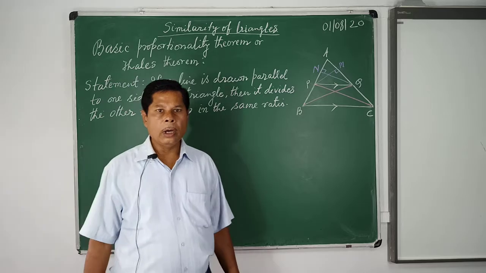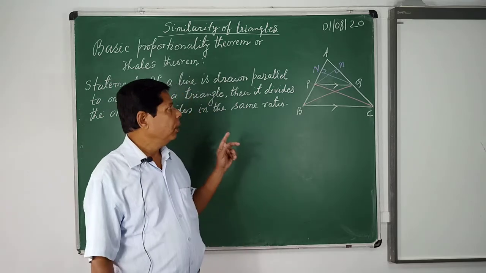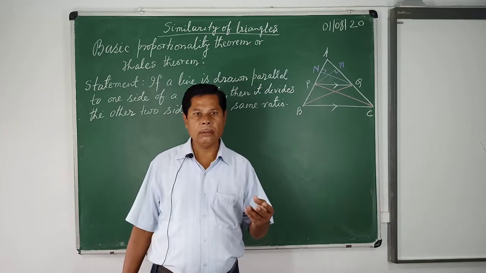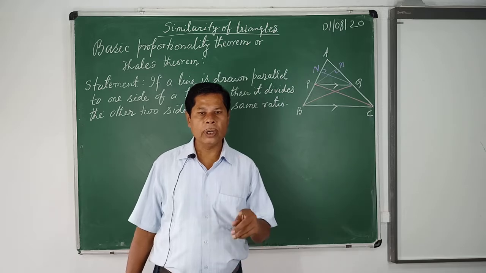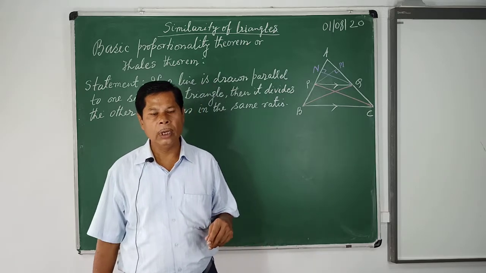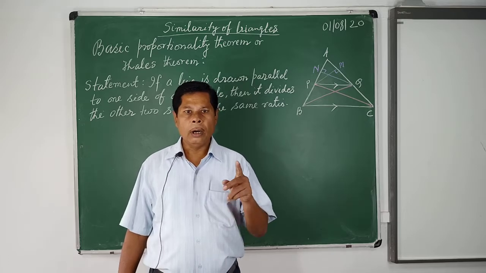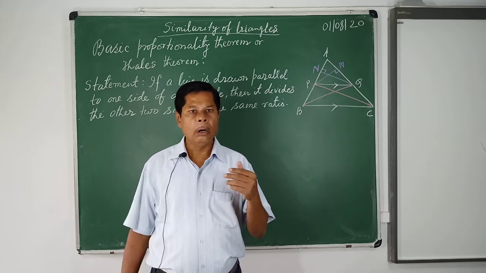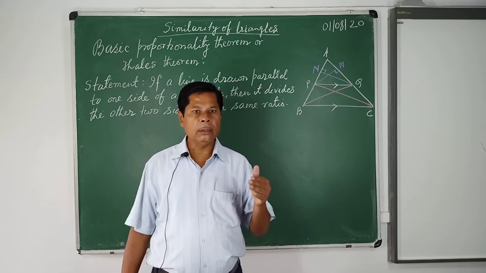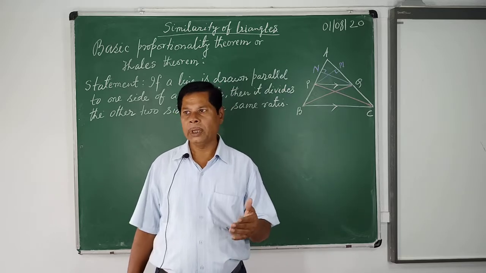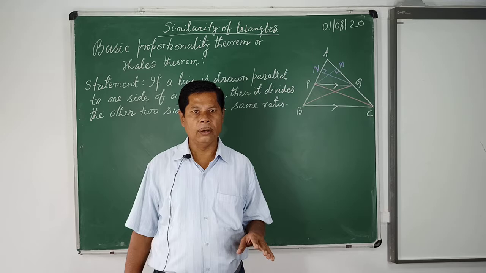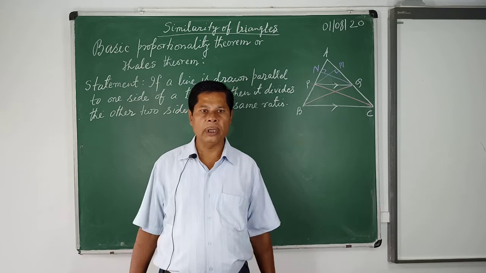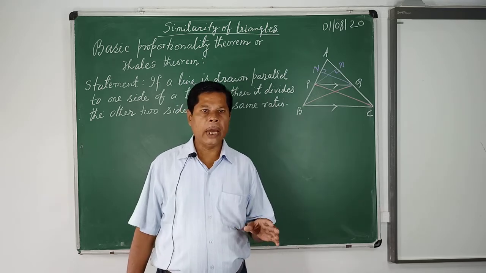Today I will discuss the first chapter, similarity of triangles. Although I have already sent the notes for the three chapters. One is similarity of triangles, that is chapter number 1. Chapter number 2 is trigonometry, which contains the trigonometrical ratio, complementary angles and trigonometrical identities. Third chapter is area related to a circle. So all these three chapters, notes for all these three chapters I have already sent, and